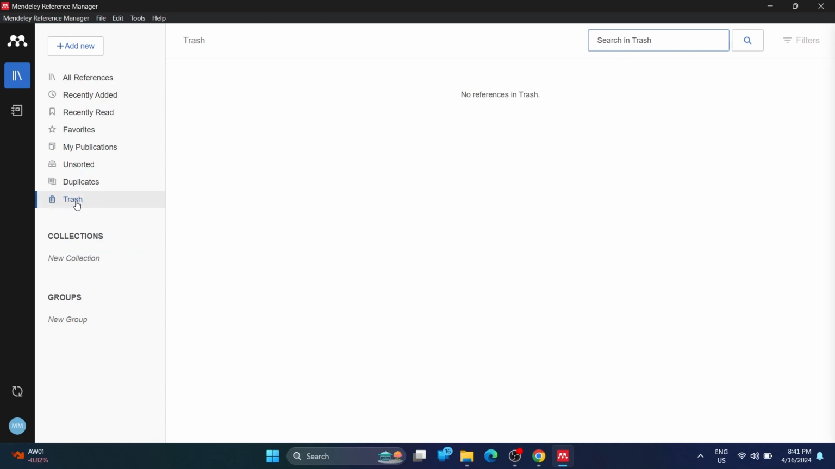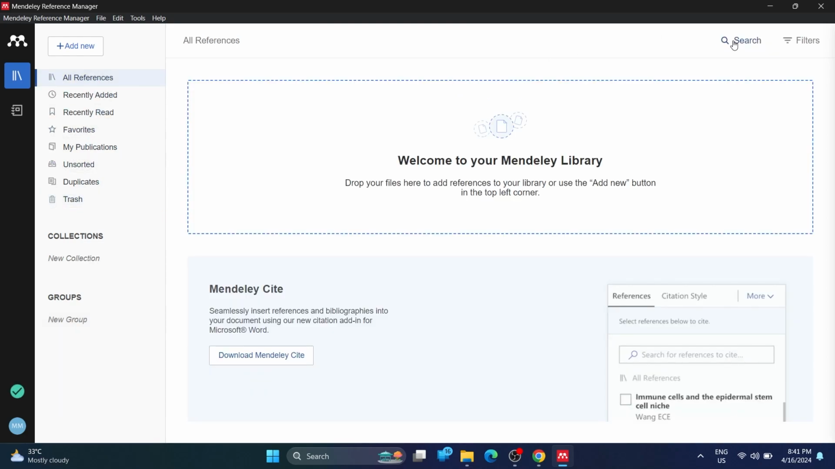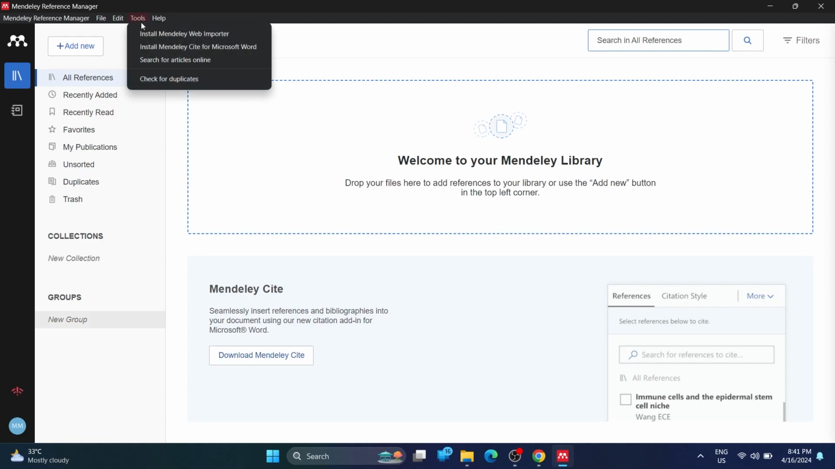You see that because I'm currently in trash, the search is giving me a search in trash because I've selected trash here. So I'm just going to go back to all references, and you can search for all of your references. Now, once you've installed this, I'm just going to continue with the installation of the web importer, and it's actually pretty easy. All you have to do is click on install Mendeley web importer. It will open up your default